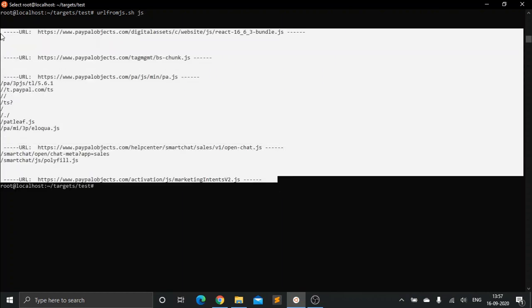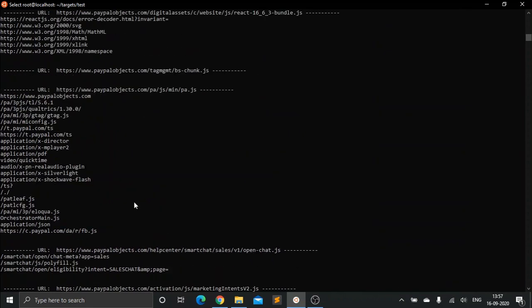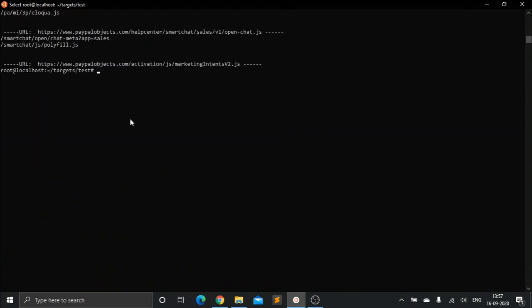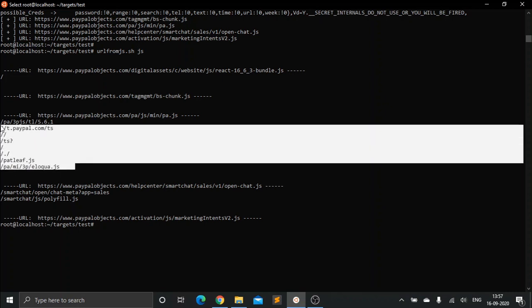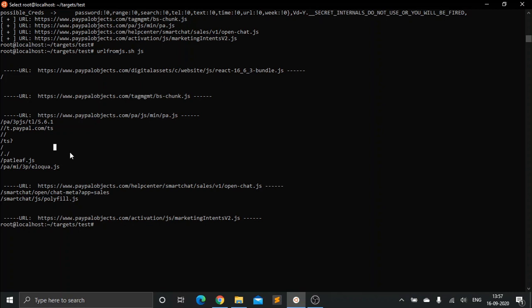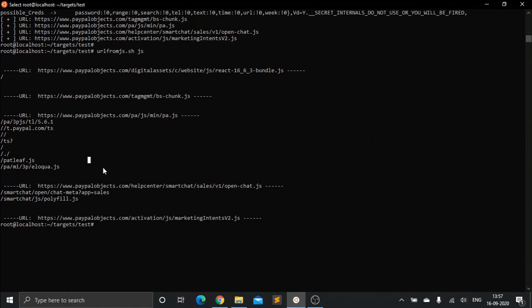Boom. Now as this tool is a relative URL extractor, it will extract only the relative URLs, unlike the link finder tool, which has extracted the relative URLs as well as the whole URLs. In the next video, I'll show how we can use these relative URLs in an automated way by building a word list of all these relative paths and sending it off to dirsearch or any directory brute force tool to make sure that these really return 200 OK,